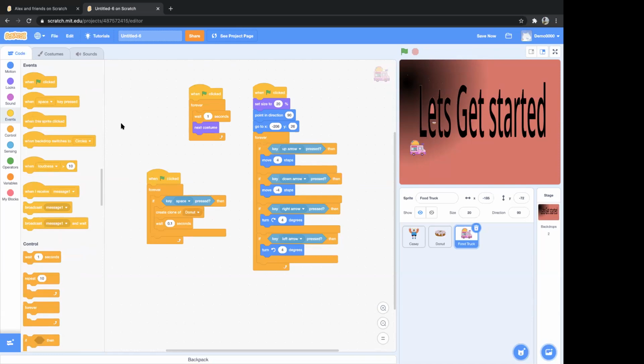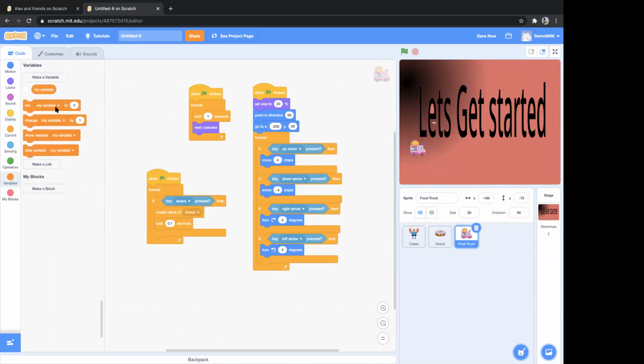Similarly, for a bubble sort, we also require an array of numbers. Ma'am was asking if in the variable section we can create it that way. You just check out the variable section. For bubble sort, we will require 6 or 7 elements to be sorted. For a binary search, we need to arrange them in ascending order, then add the first and the last, find the middle, and if the number is greater, look on the right side. You could use a variable block, but all you have to use here is logic. Can we say that make a list will help us in getting an array of numbers?